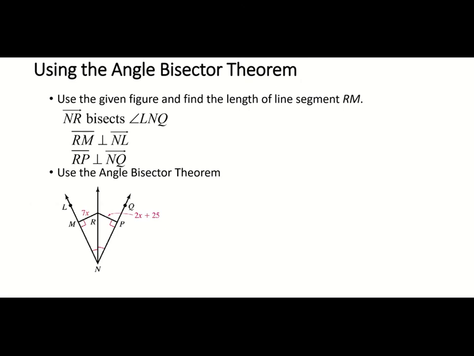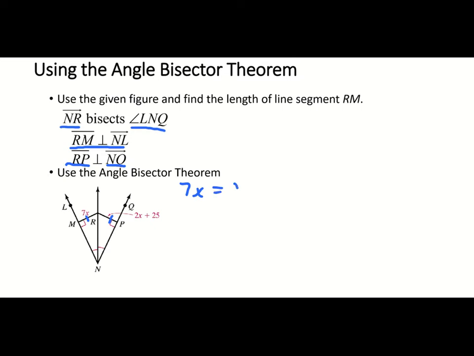All right, so here we are going to use the angle bisector theorem. And we are given the information that ray NR bisects angle LNQ. I know that segment RM is perpendicular to ray NL, and segment RP is perpendicular to ray NQ. So that means that MR and RP are the same length because they are perpendicular and they come from the angle bisector. So we're going to solve it, we'll just do 7x